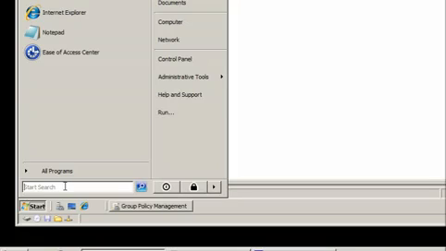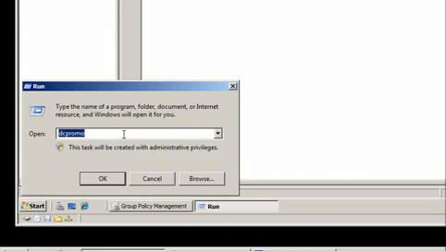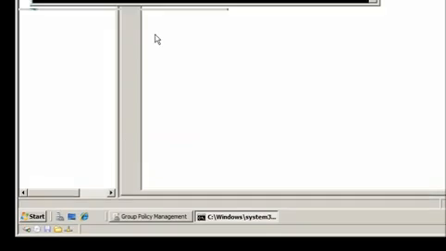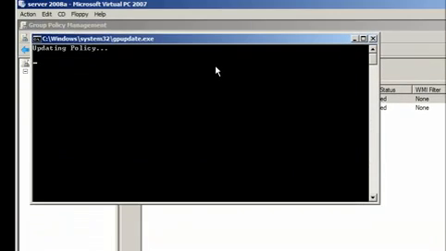And I want to run. Now this is going to run as administrator. That's one of the features of Server 2008. So gpupdate /force, which will force the group policy update. I can do a /boot and make the computer reboot, and a /logoff to force a log off of my account. I'm just going to do gpupdate /force, and it says up here updating policy,